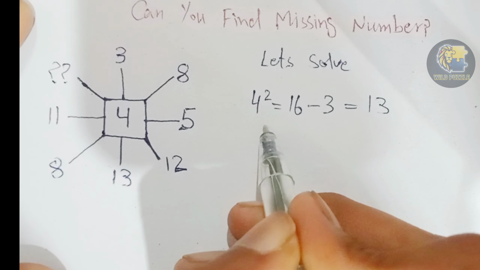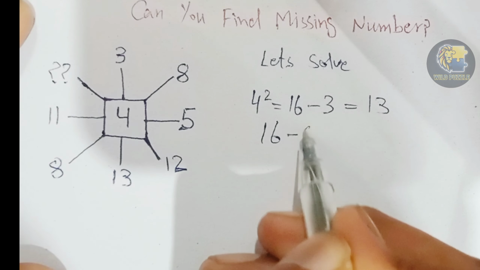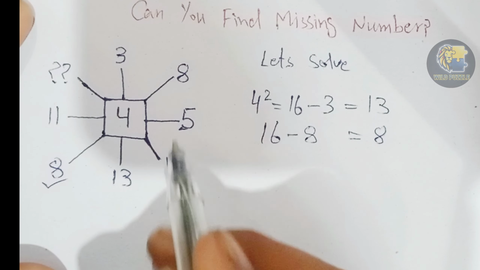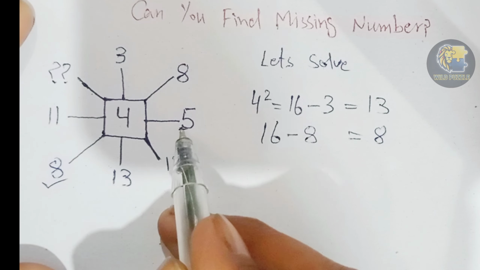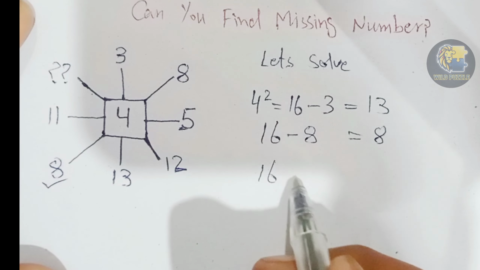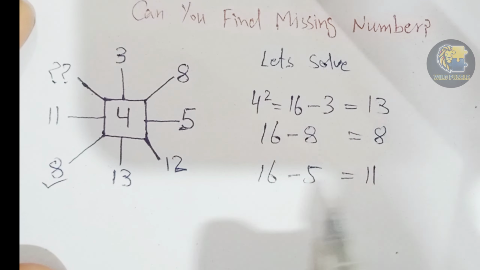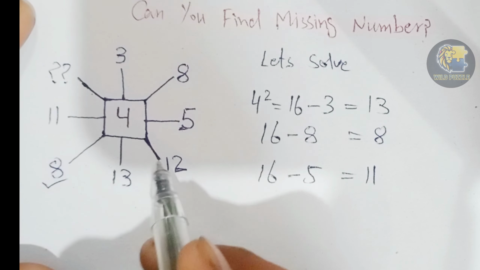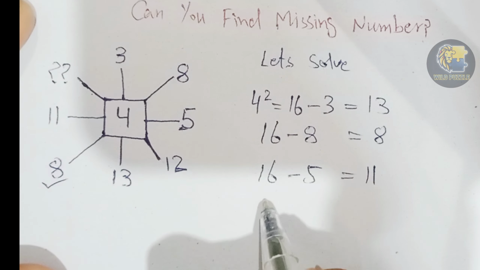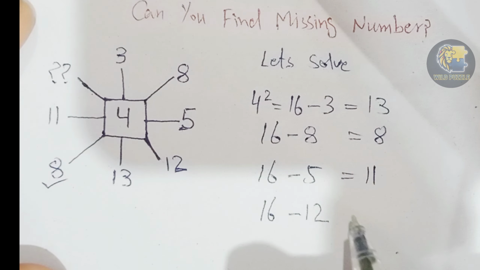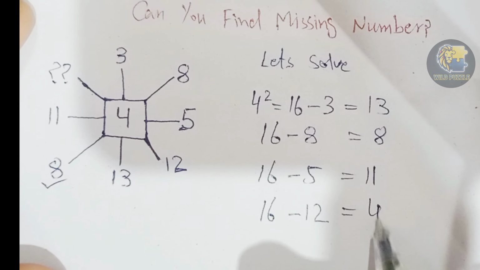Then for the next, same procedure: 16 minus 8 equals 8. And similarly, we solve for the next number. And now we find the missing number by applying the same method. Square of 4 is 16, and then subtract 12 from it, and we found 4, which is the missing number